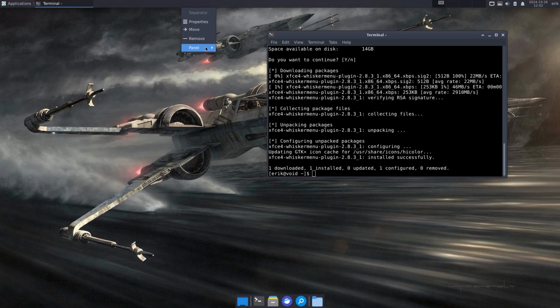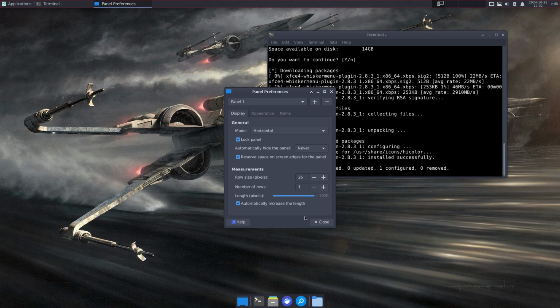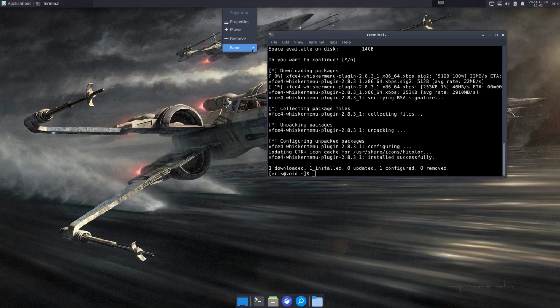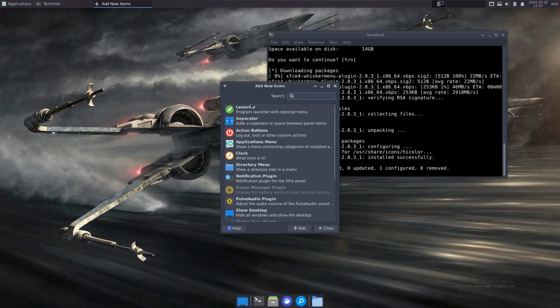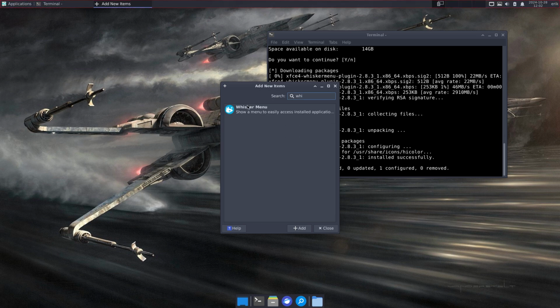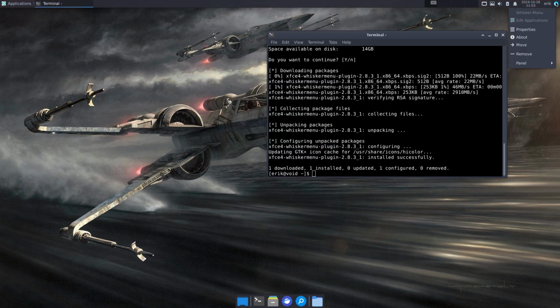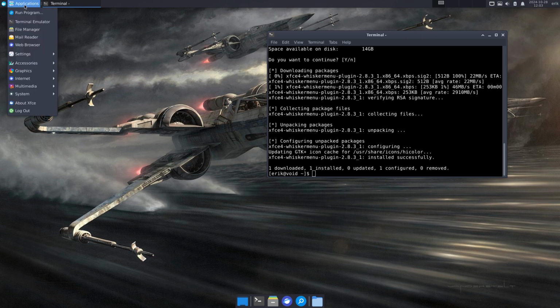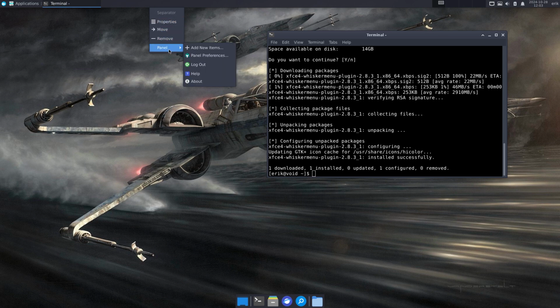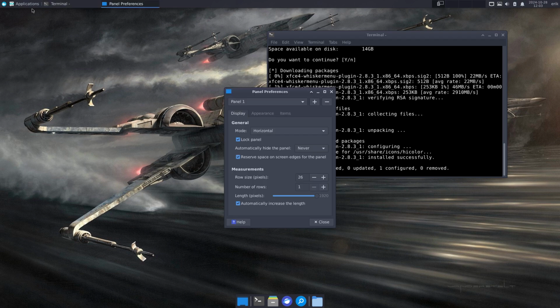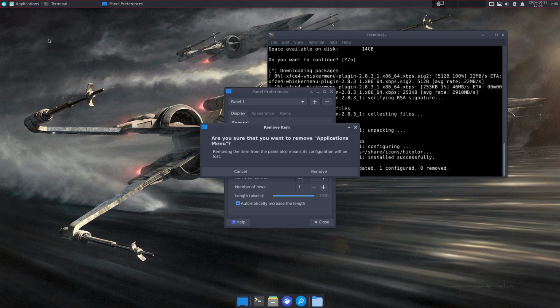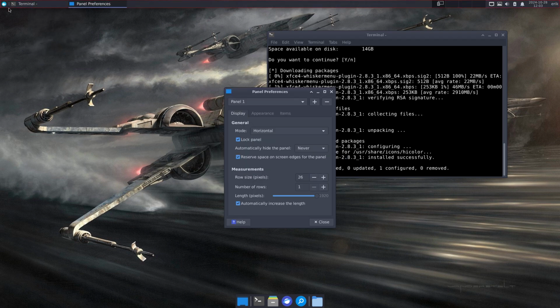Go back. Panel. Panel preferences. Nah. Panel. Add new item. The whisker menu. Add. Close. Move this thing to here. Let's remove that one later on by panel preferences. Can we remove that one? Yes. Then